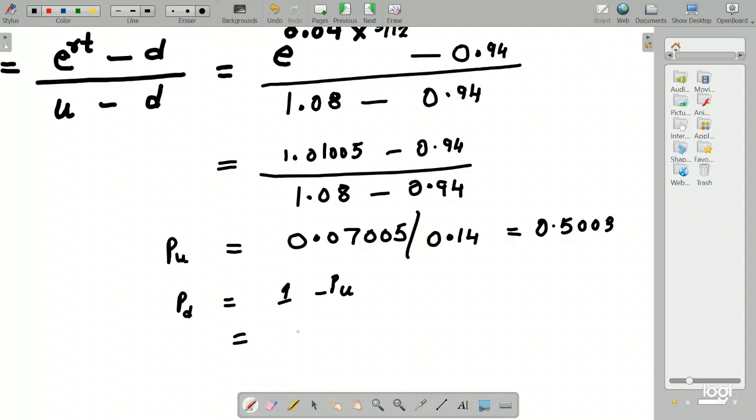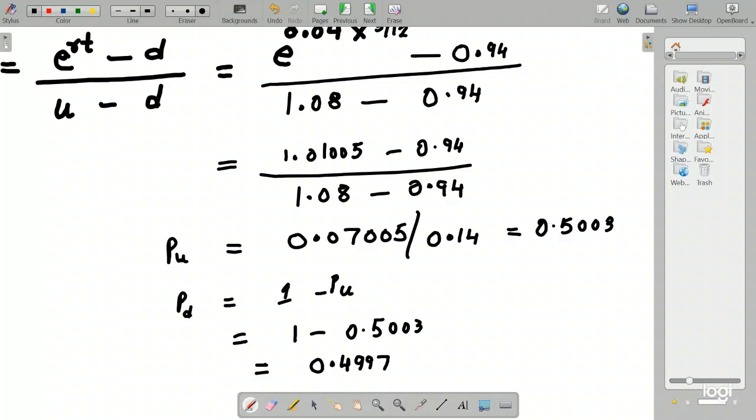So here 1 minus 0.5003. After doing this, I'm getting it as 0.4997. So we have calculated in our 6th step the probability of upward and downward trend,